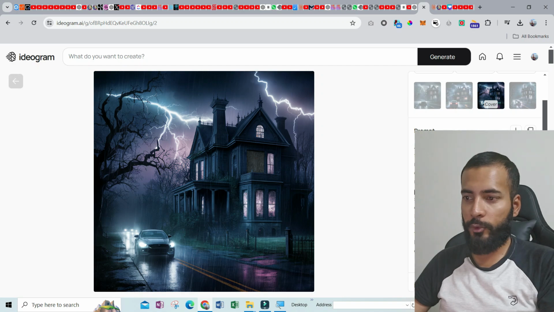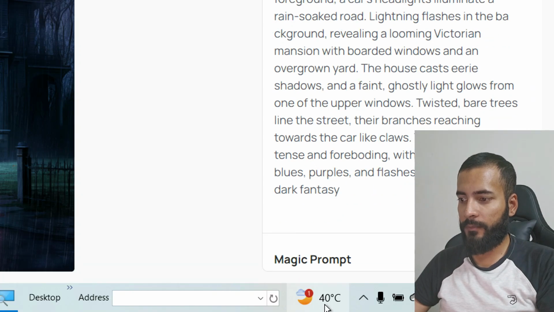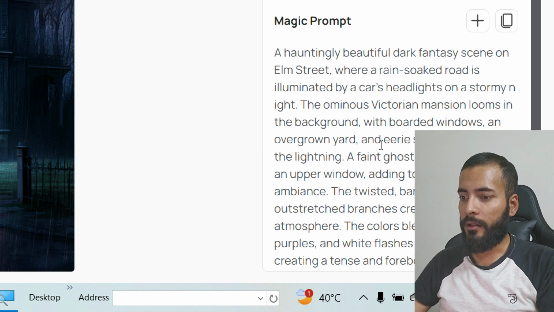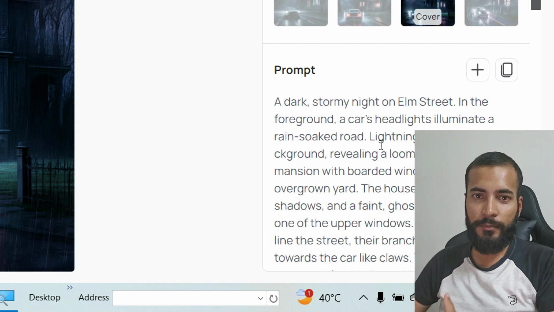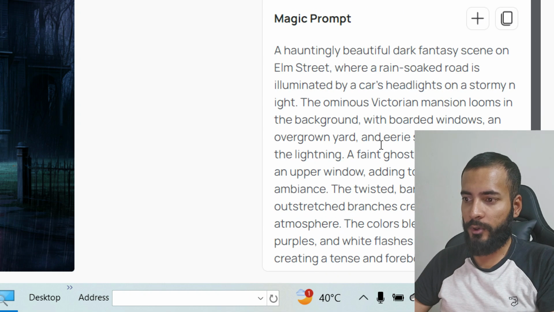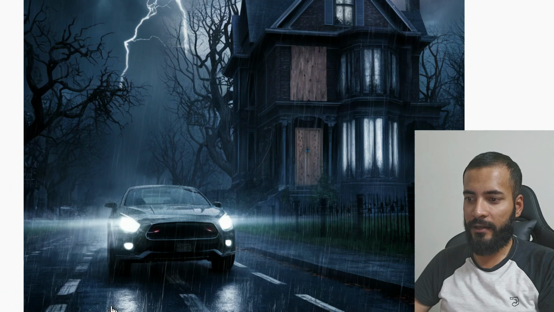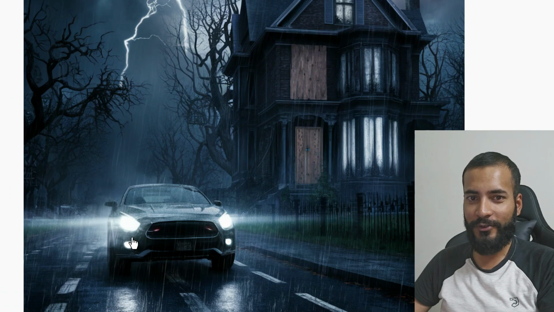And then I went into Ideogram and I gave it this same prompt. Now what I saw was that the prompt and the magic prompt are both the same. If you give it a very minimalistic prompt, with very few words, then it makes a magic prompt that is more detailed for you. This prompt was already quite detailed, so I believe it didn't make a magic prompt. It generated these images, and I kind of like this one better because